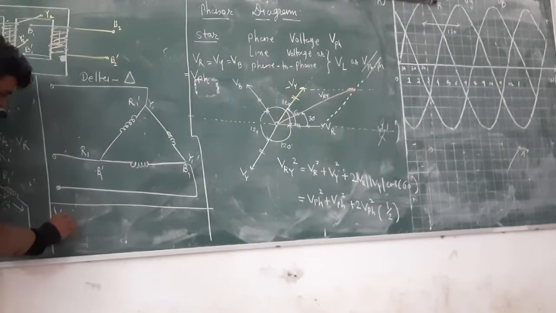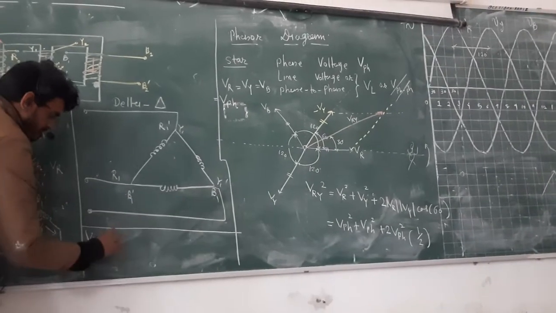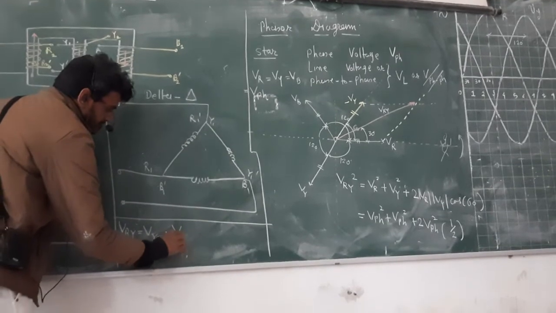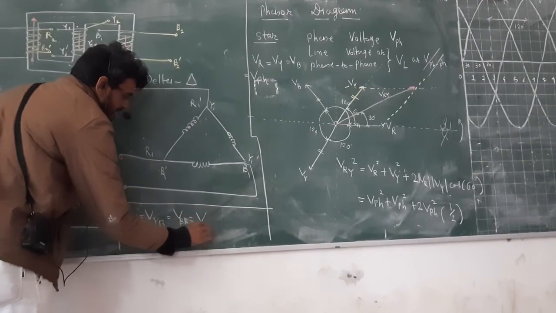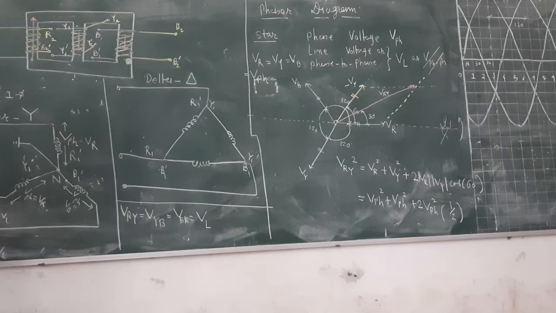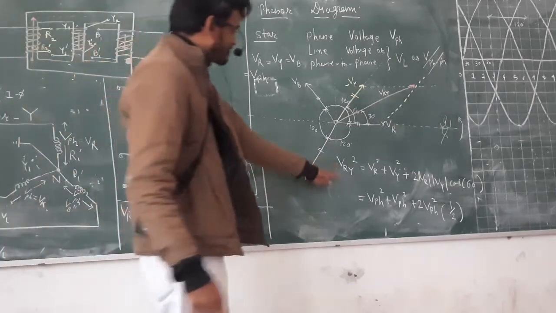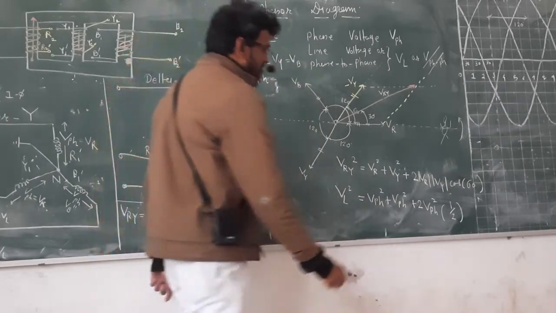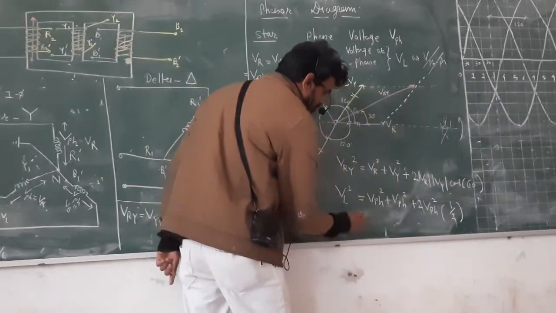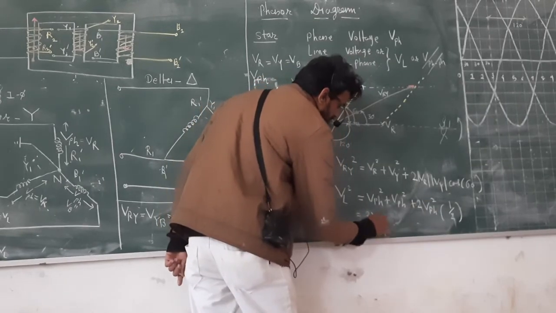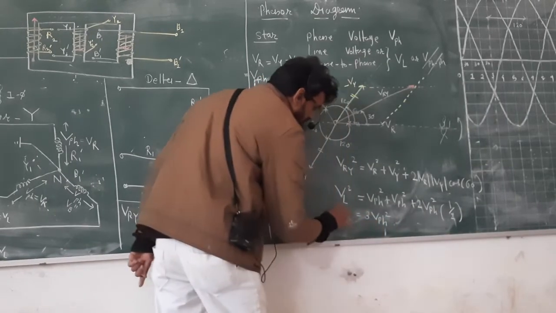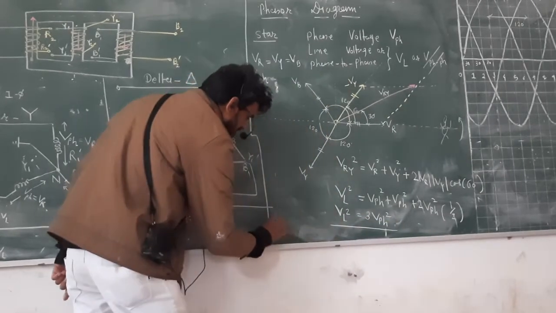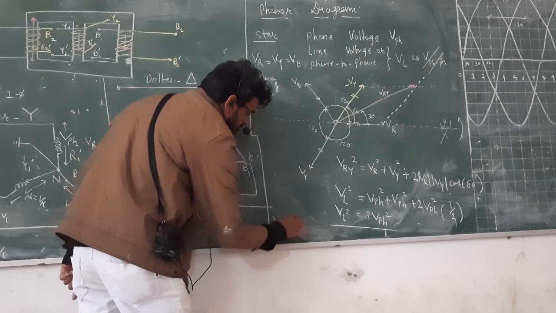VRY is the same that comes later, VYB, and VBR is line to line voltage, or line voltage VL. So we call this RY square as VL square. This 2 and that 2 will cancel. So 1, 2, 3, it will become 3 times V phase square because it is a 3-phase system. But when we take a square root, then we will get VL is equal to root 3